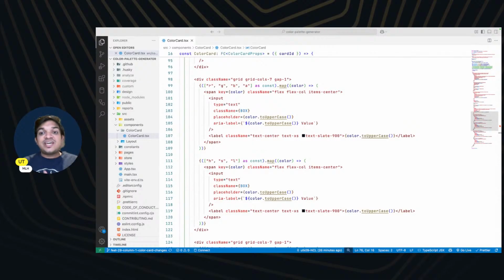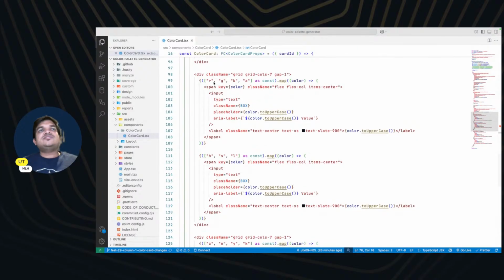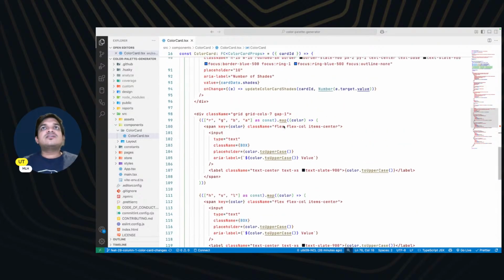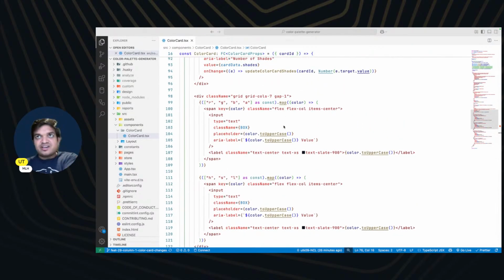So this is where the channels come into picture. In this case, what we are saying is we are looping over RGBA values. We'll use our update color card RGBA channel to